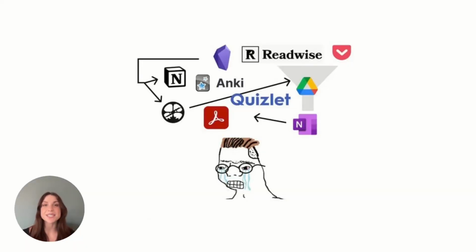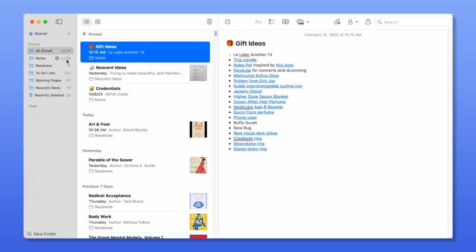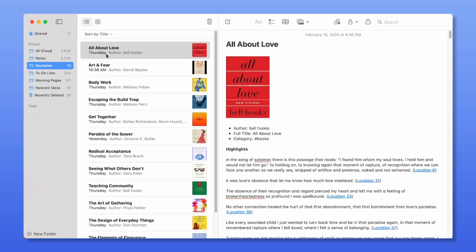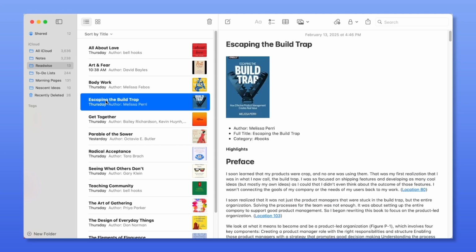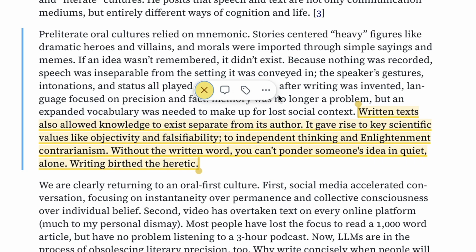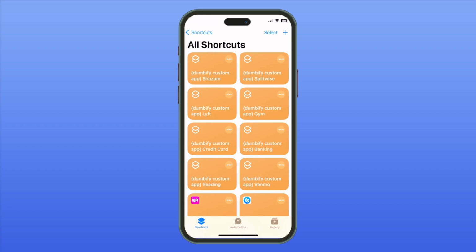Earlier this month, we introduced a brand new export integration to probably the simplest but most highly requested note-taking app of all time, Apple Notes. Thanks to this integration, you can now automatically export all of your highlights from your favorite books, articles, podcasts, and more directly to the Notes app without having to manually copy and paste them or set up some type of